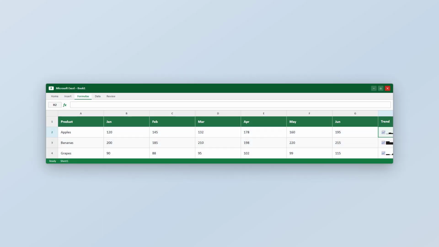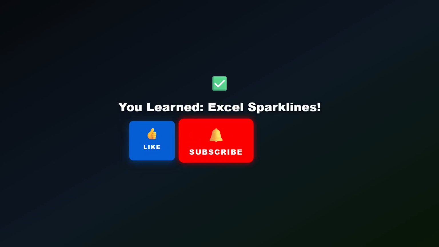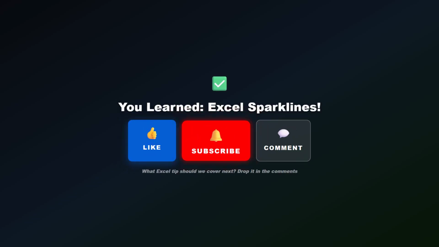Look at that. Every product now has its own mini trend chart living right inside a single cell, showing you instantly which products are growing, which are declining, and You just learned how to use Excel Sparklines to create beautiful mini trend charts inside individual cells, complete with highlighted